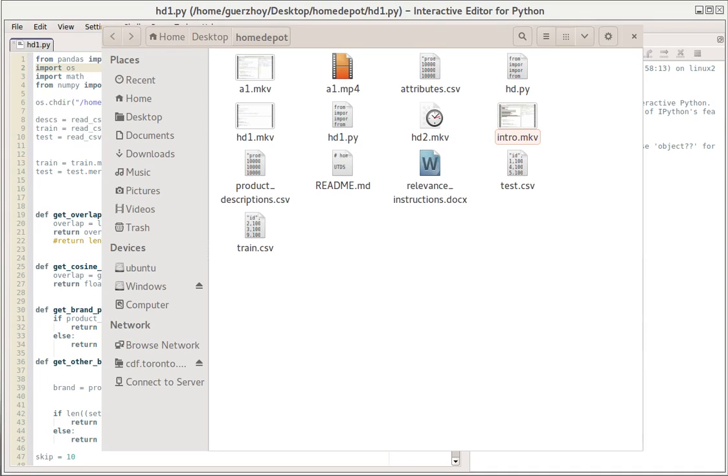So in this video, I want to go over the file hd1.py for coming up with a basic kind of solution for the Home Depot Kaggle challenge. So first of all, let me show you the data, which you can download from kaggle.com if you register for